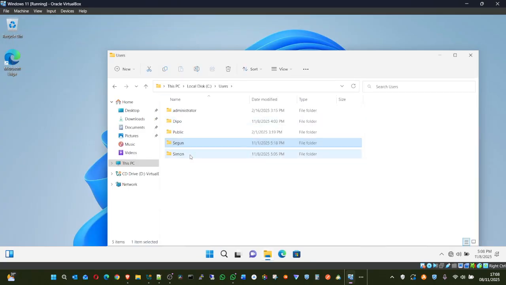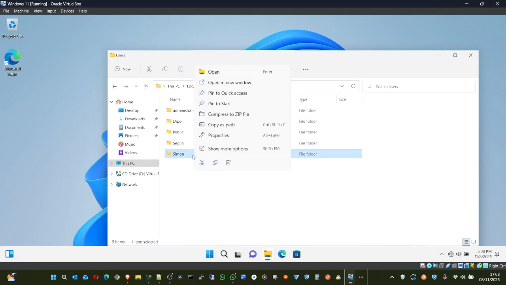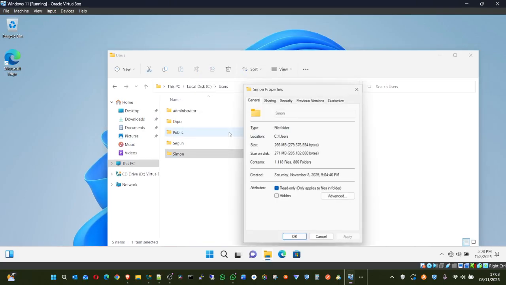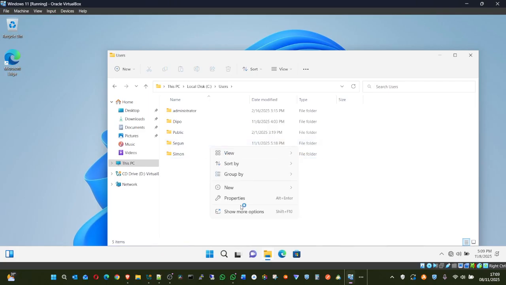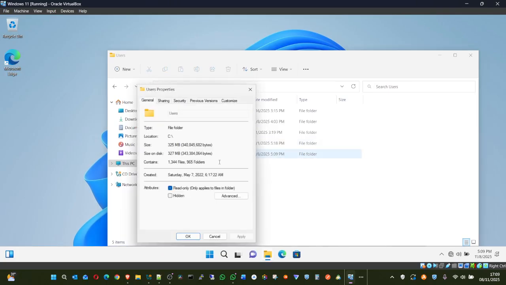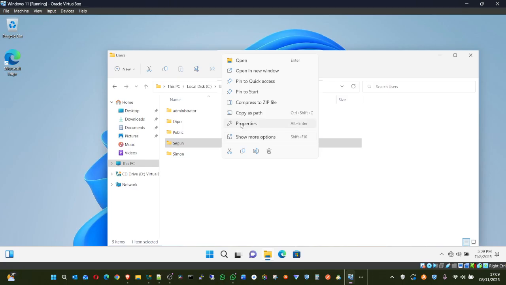So you can see right here the time it was created. You can see Saturday, November 8th. While Shegun is Saturday, November 1. Sorry, I didn't highlight Shegun. Saturday, November 1.